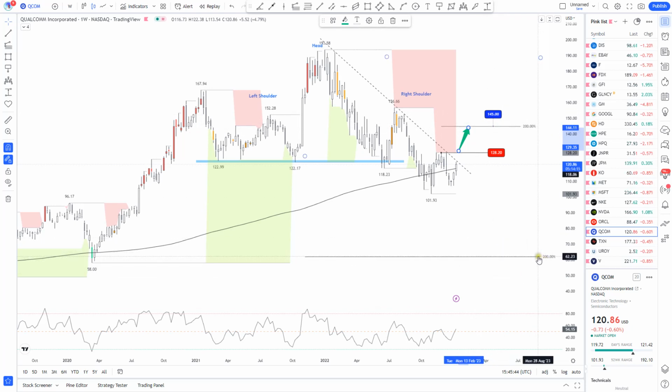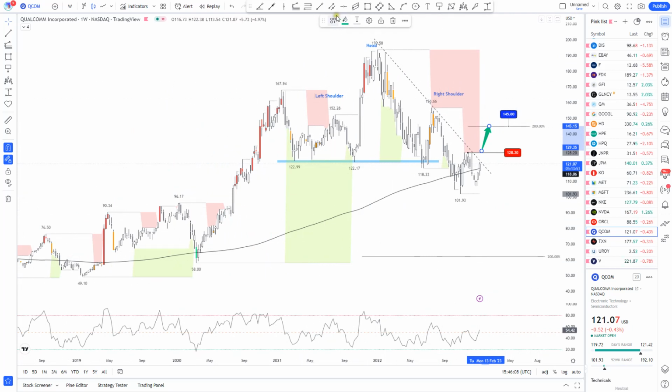We have targets for this head and shoulders around 61, around the $62. So I will not be surprised to see one of two: a clear move to the downside without breaking above the resistance, or a move towards the resistance and then eventual pressure to the downside.